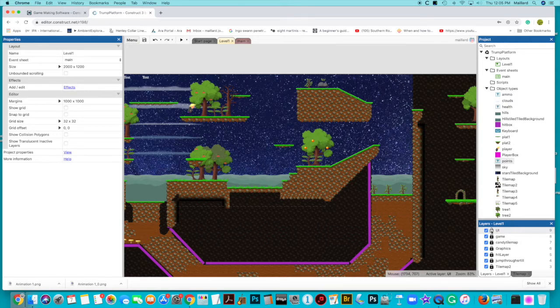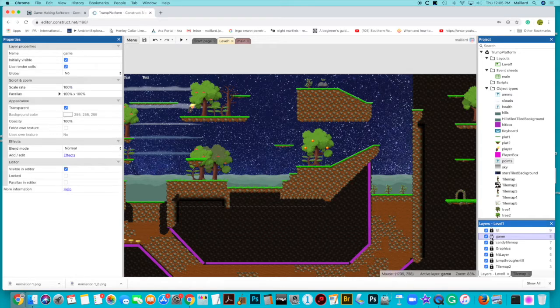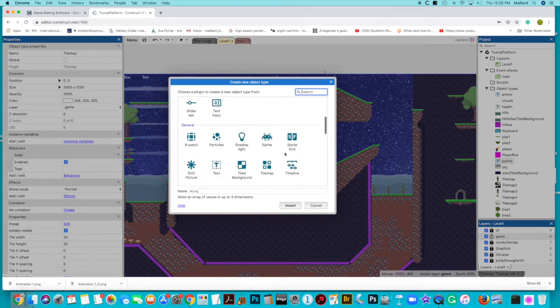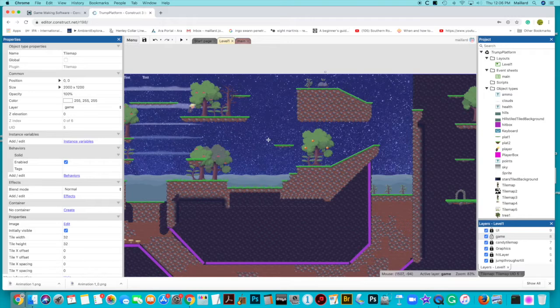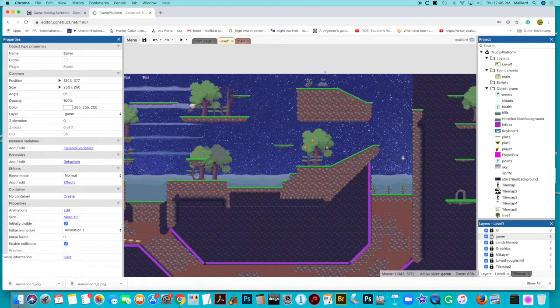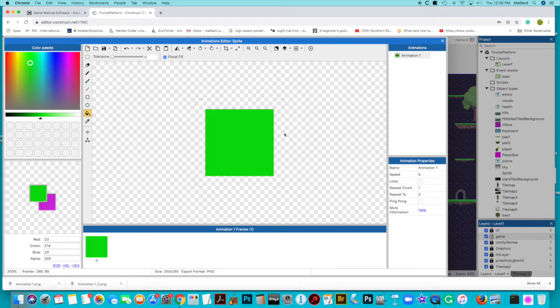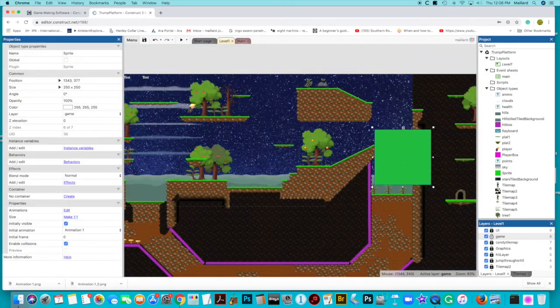What I'm going to do is lock off my UI layer, open my game layer, right-click into the game area, and add a new object. This is just going to be a sprite that I'm going to make invisible. Just going to click it here. I'm going to make it green, so I'm almost color-coded. All I do is pop in some color, close it, and now I'm just going to adjust this to fit